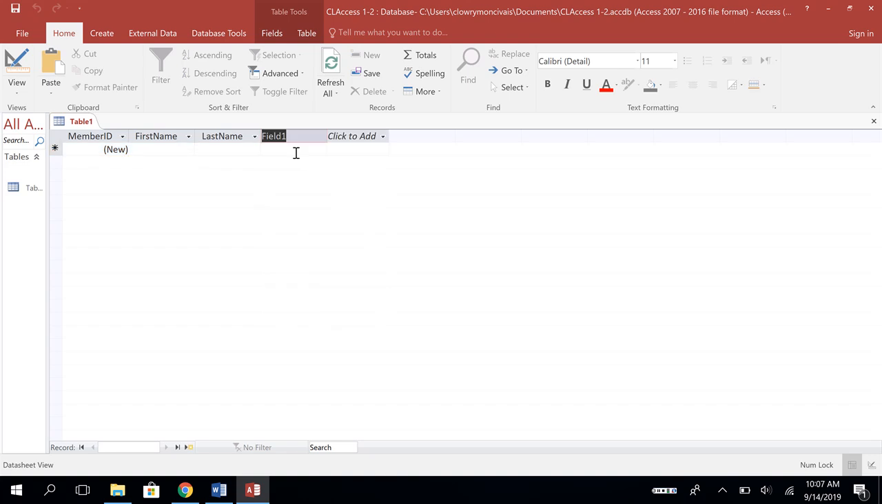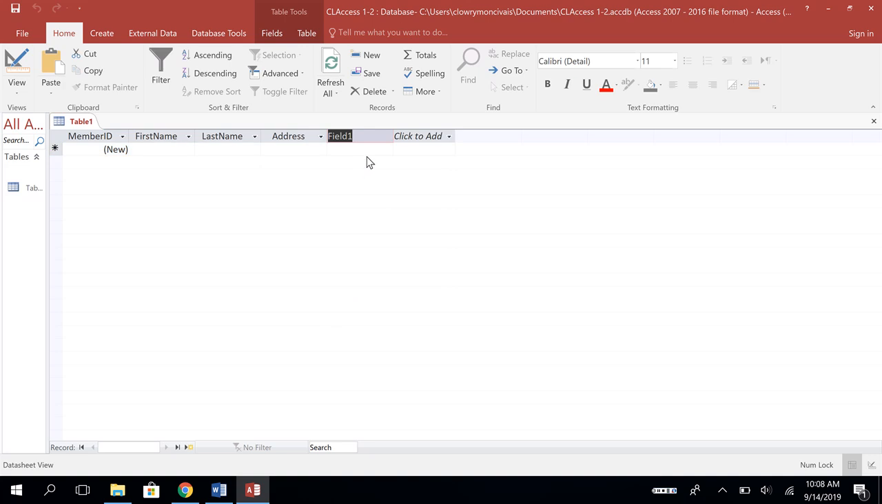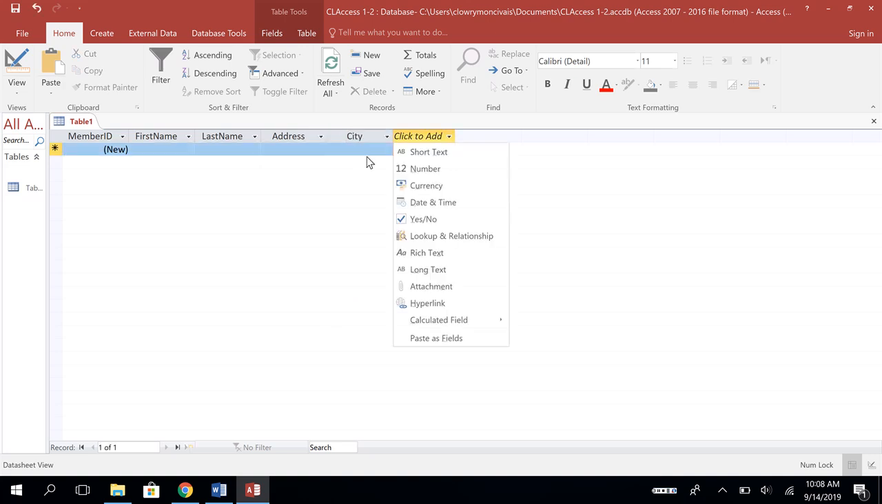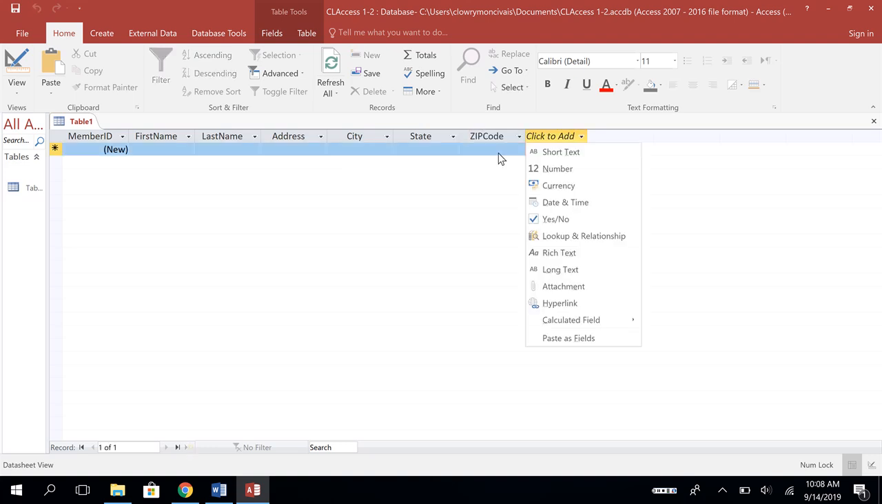enter, short text. Now we're going to add the remaining fields that are on page A164 or in the instructions that you're looking at on the website. So address, short text, city, short text. Are you seeing a pattern here? State, short text, zip. Oh, it wants it. There we go. Short text,